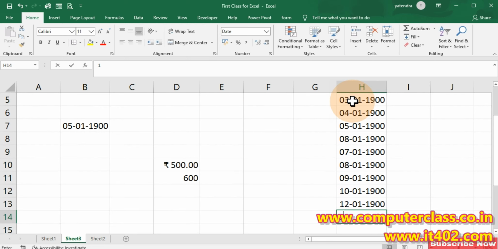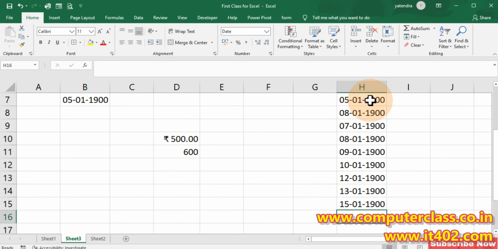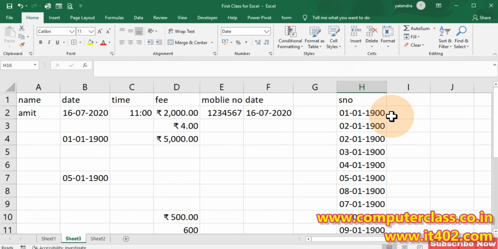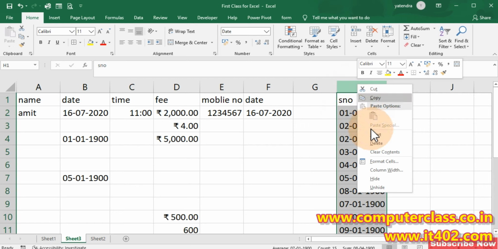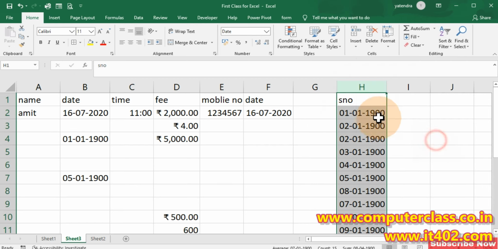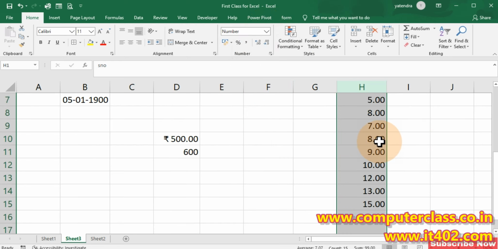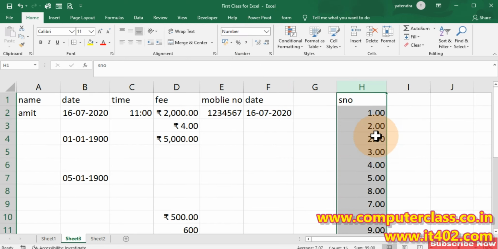because someone has already applied the date format on this particular column. You don't need to worry, and don't need to delete it. Just select this particular column, go to the number format and use the number options, and it will automatically change. This is how you can pre-define a particular cell address, so that whenever you put any number, it is automatically changed to the particular formatting.